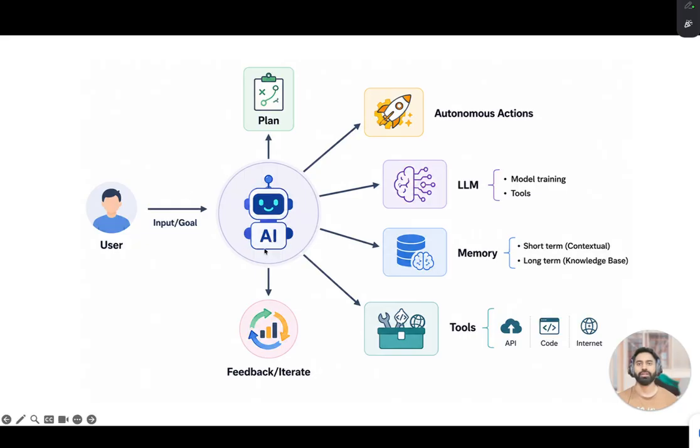Once it has the goal, it will get into the planning stage, and then it will go ahead and make decisions automatically. So autonomous action will be taken, and it has a certain memory by which it remembers things and how it should operate. You can also provide a knowledge base, documentation on how it should work. It can also invoke what we call a tool, and think of a tool as maybe a piece of code that allows you to connect to external servers or the external internet.